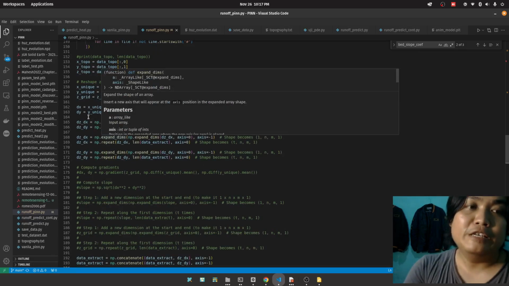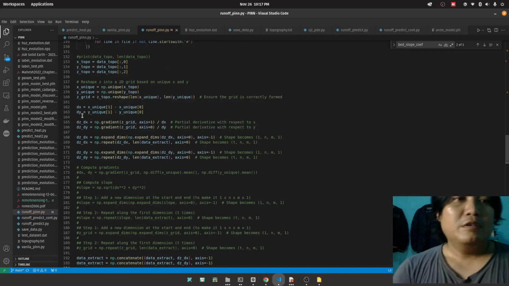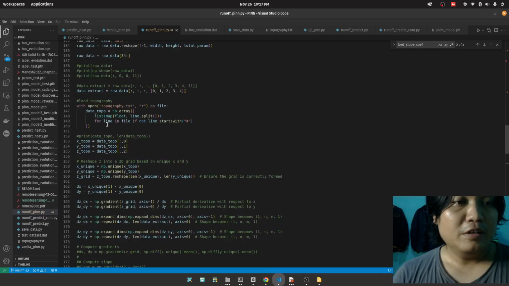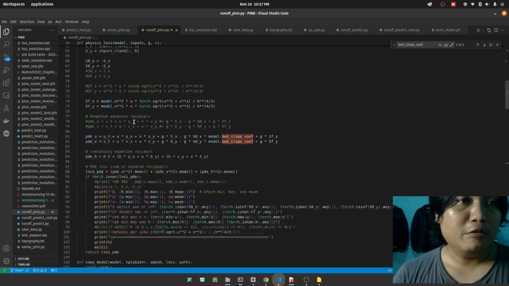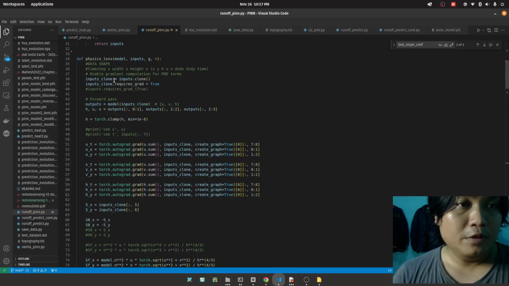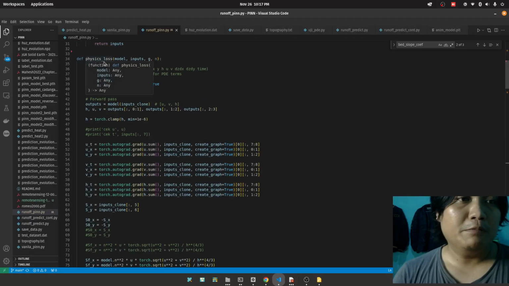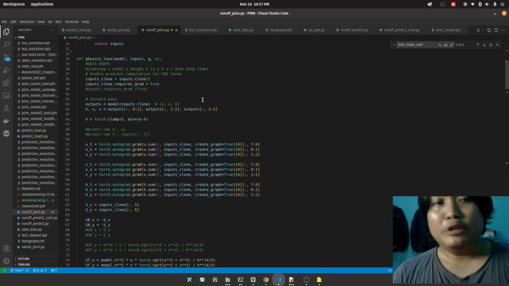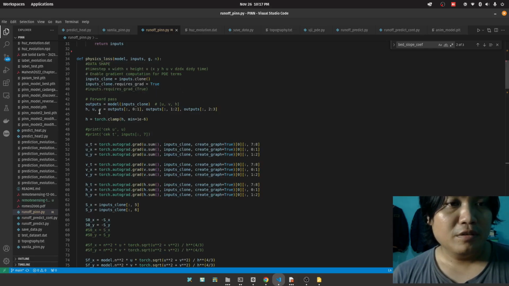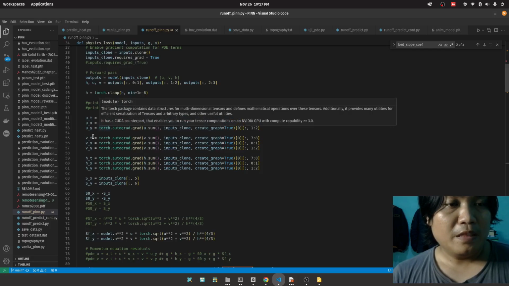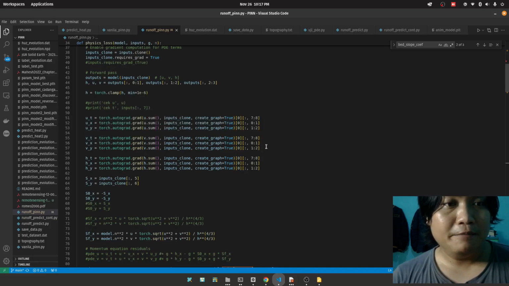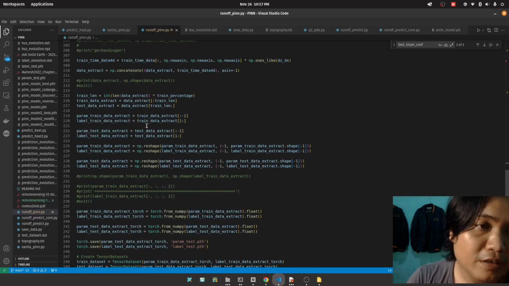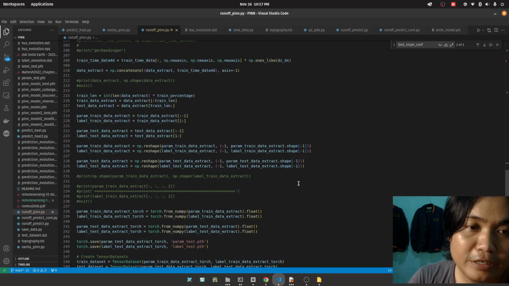So I just follow the previous paper that uses PINN. I think that is because the output of the model will be processed by this physical loss. So if we do the positional encoding, then the derivative from them will be invalid. Actually, all of these lines are just to